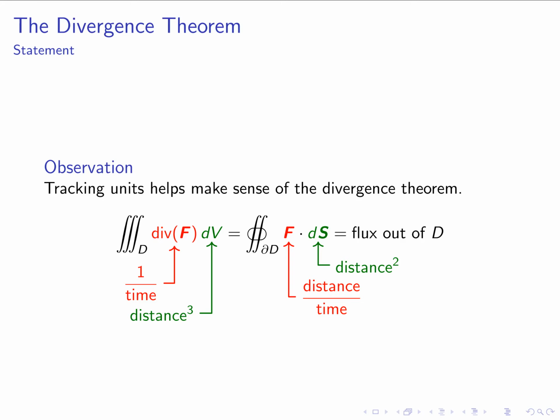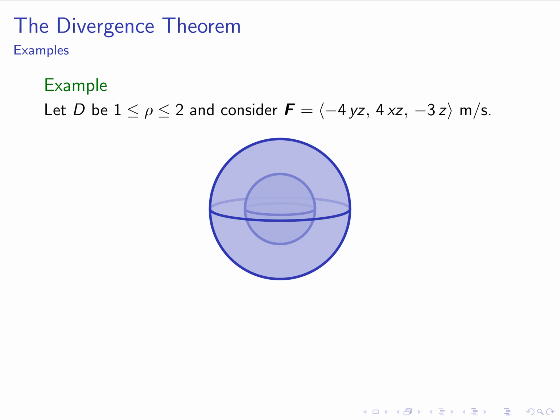The divergence theorem says that the triple integral of the divergence operator of a vector field over a domain D is the same thing as the flux out of that domain. So let's return to the example we did at the beginning of this lecture, where we defined a domain as